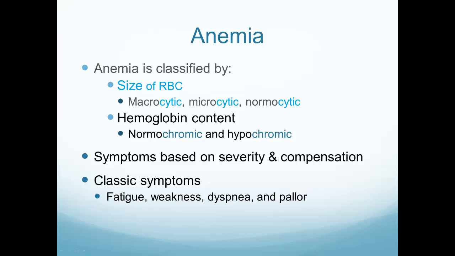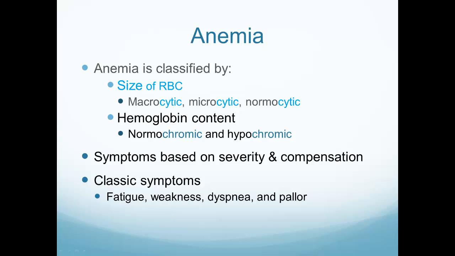So in order to figure out which one of these things is the cause for our patient's anemia, we're going to need to look at a couple different things. We're going to need to look at the size of the red blood cell and the amount of hemoglobin content. We can classify these things by talking about the size in terms of cytic. So we can talk about a macrocytic red blood cell, a microcytic red blood cell, or a normocytic red blood